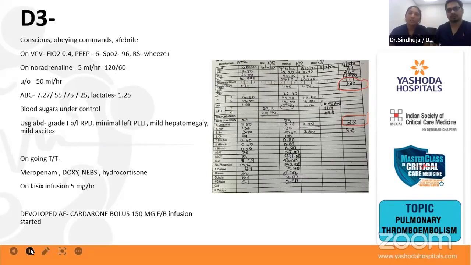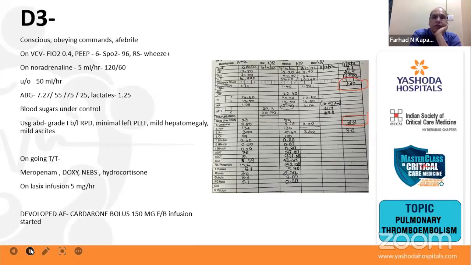Negative balance. RV dysfunction. You got a person in shock, you want to have a negative balance. No, sir. Respiratory side, she had persistent wheeze and rales. So Lasix is a treatment for persistent wheeze, is it? No, sir. My feeling is a lot of the things which have been done here are just done out of habit and not really individualized to the patient. I agree. And also, you should actually treat only one disease in one patient. You are trying to treat so many things together, so you will actually lose the focus of the outcome-directed therapies.